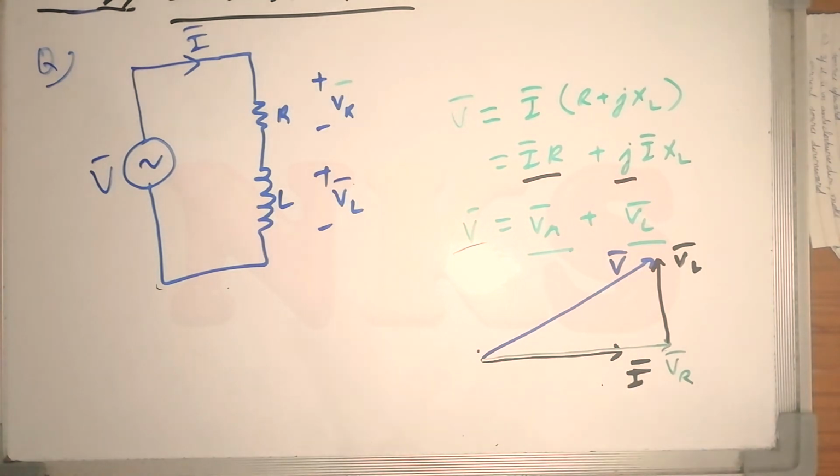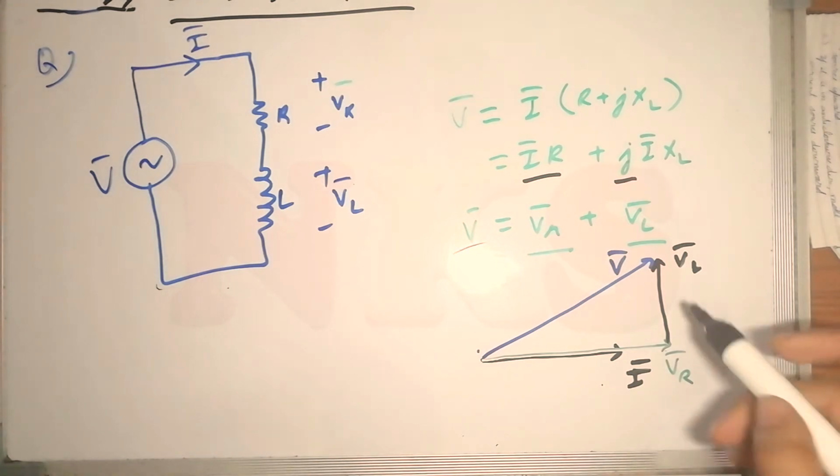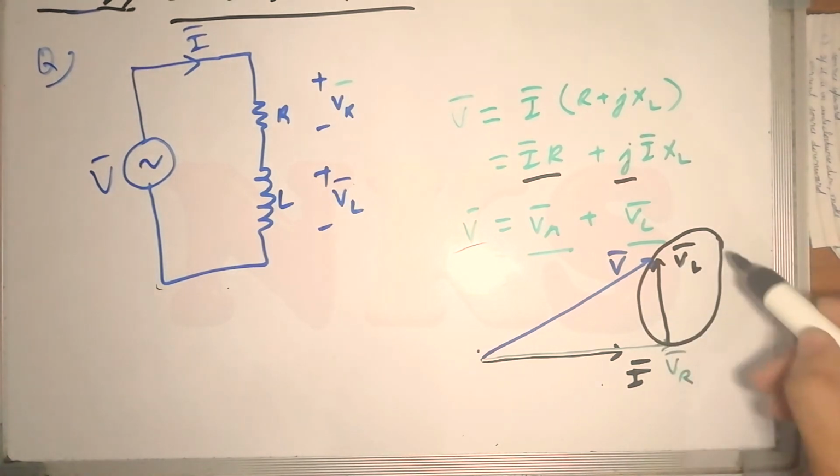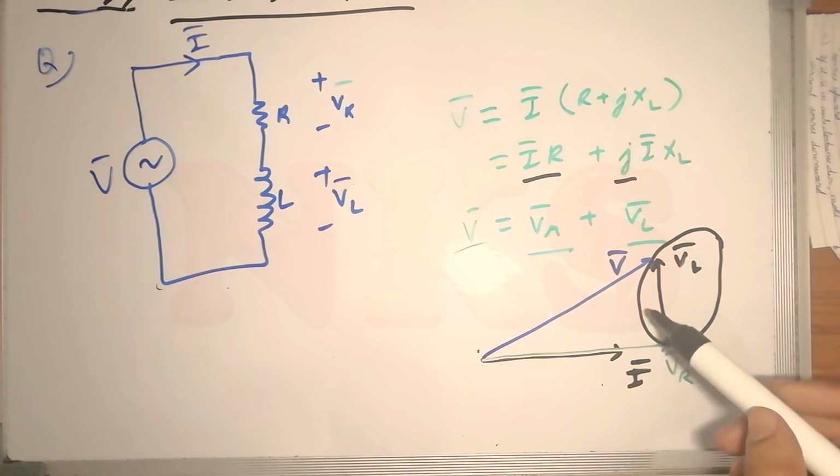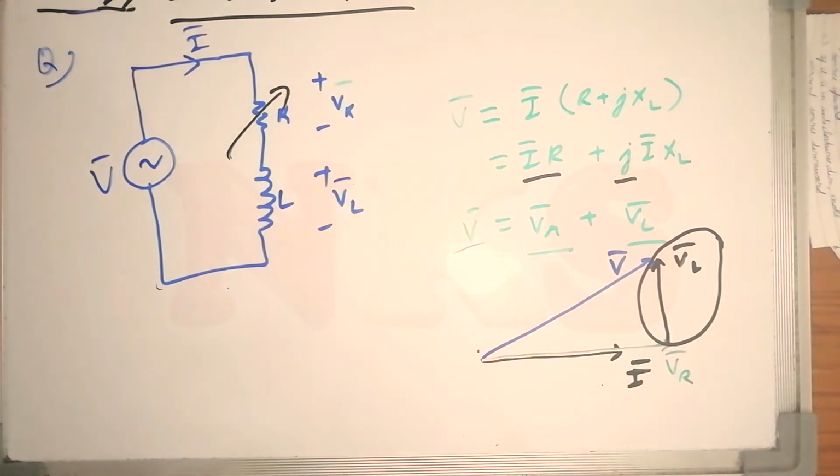Now what is the locus diagram? The variation of a particular phasor with respect to any circuit parameter such as R, L or C is known as a locus diagram. For example, if I ask you to draw the locus diagram of VL with respect to R, that is, if I vary R in this circuit, how will this phasor vary. That is the logic behind the locus diagram. Now we will see one question to understand it in better detail.